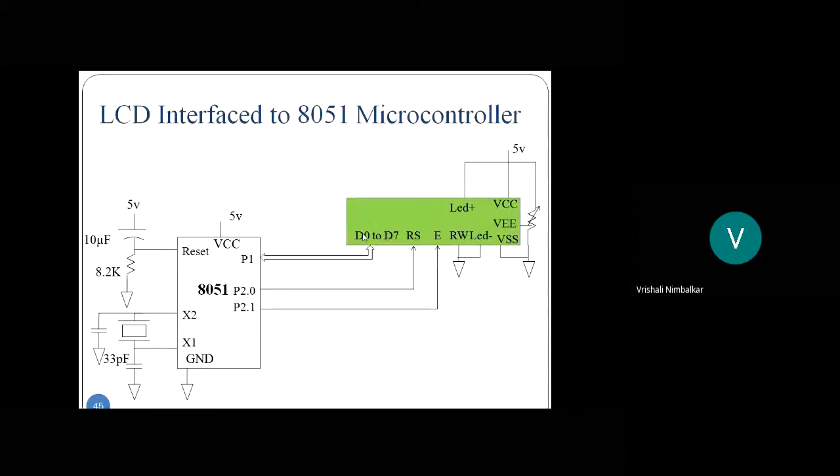Then look here, data lines. Whatever program we'll be writing, I'll be using 8-bit data. So 8 data lines are connected to 8 bits of port 1. All 8 bits of port 1 are connected to the 8 data lines of LCD. And look at the control signals, pin number 4, 5, 6. Out of that, the read/write bar I have permanently grounded. It means the microcontroller will always be writing to LCD. Write the command word, write the data word. Okay, the microcontroller is not going to read anything from LCD.